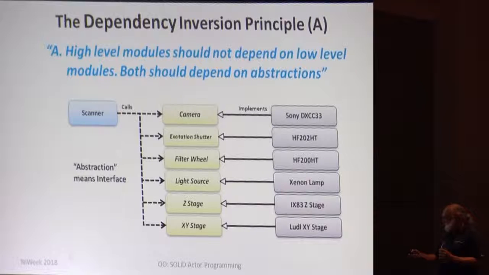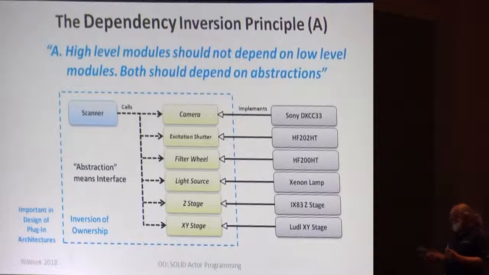So what you do instead of the previous picture, you create abstract classes that do nothing and serve like interfaces. And then for each of the devices, you implement this interface. And your workflow implementation for the scanner is statically decoupled from the concrete device drivers. So you can substitute a device driver for a different camera, the Sony camera, and you're fine. Your scanning workflow code doesn't change. So that's pretty obvious. And one thing that comes with it is an inversion. It's called inversion of ownership.